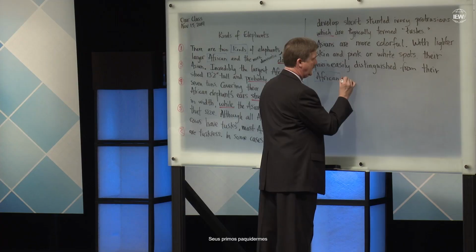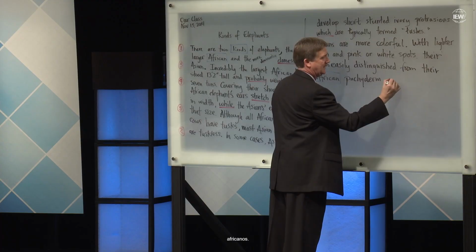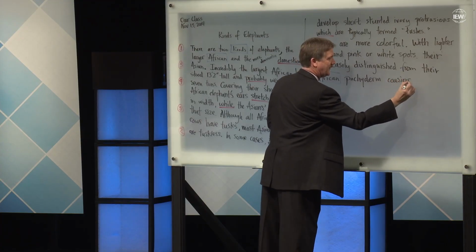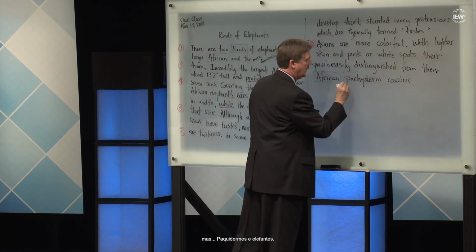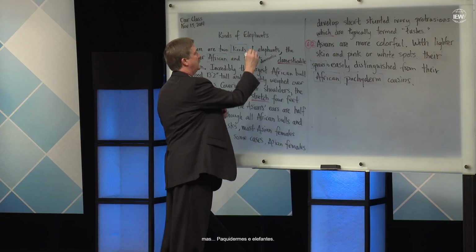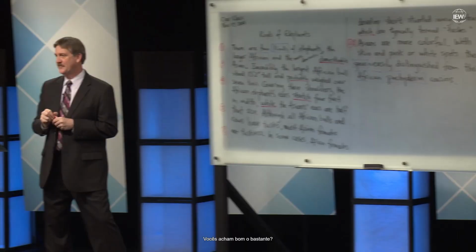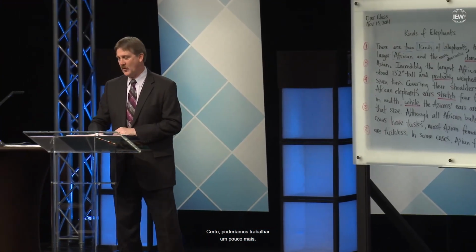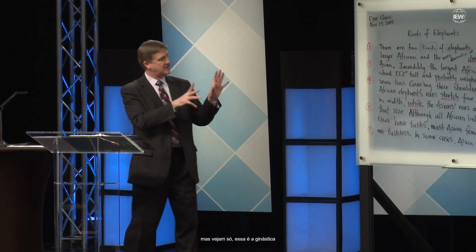They're African pachyderm cousins. And then, a little bit of a stretch, but pachyderm and elephants. How's that? Good enough? All right, we could labor over it some more and work on it, but you see that's the